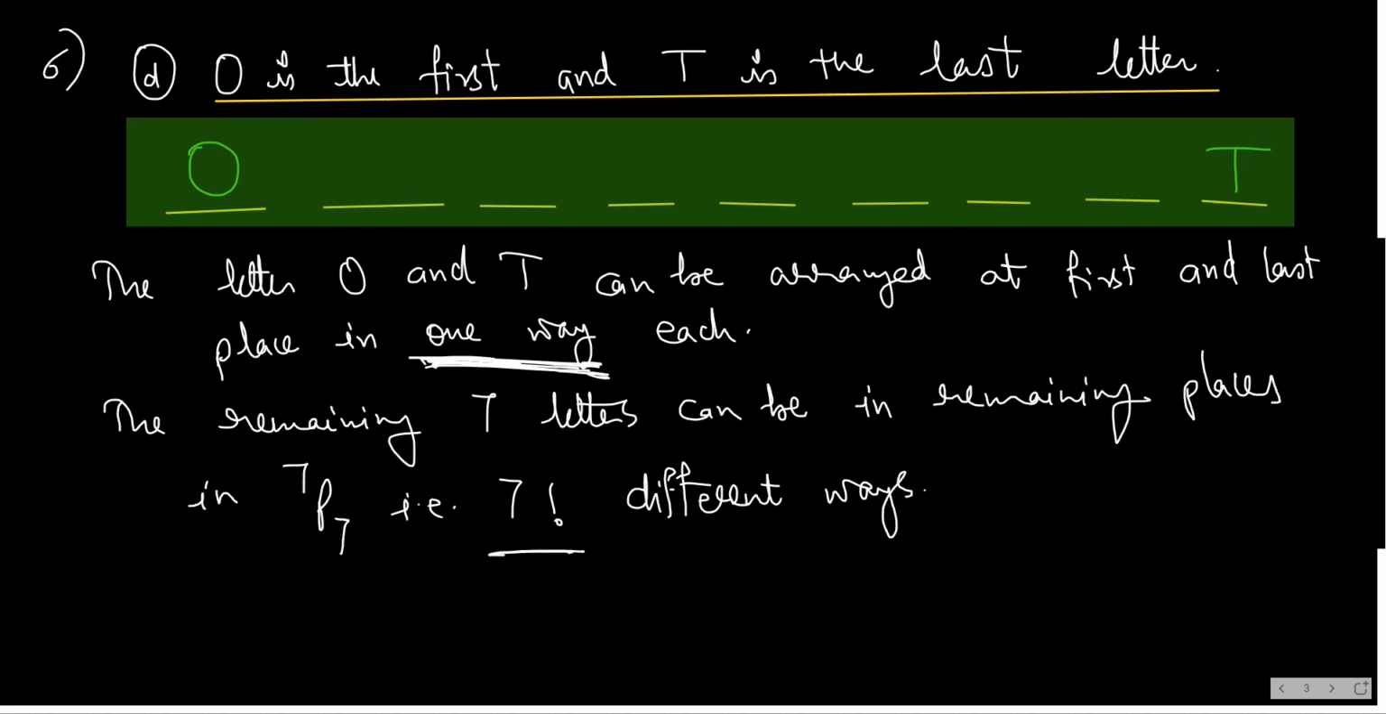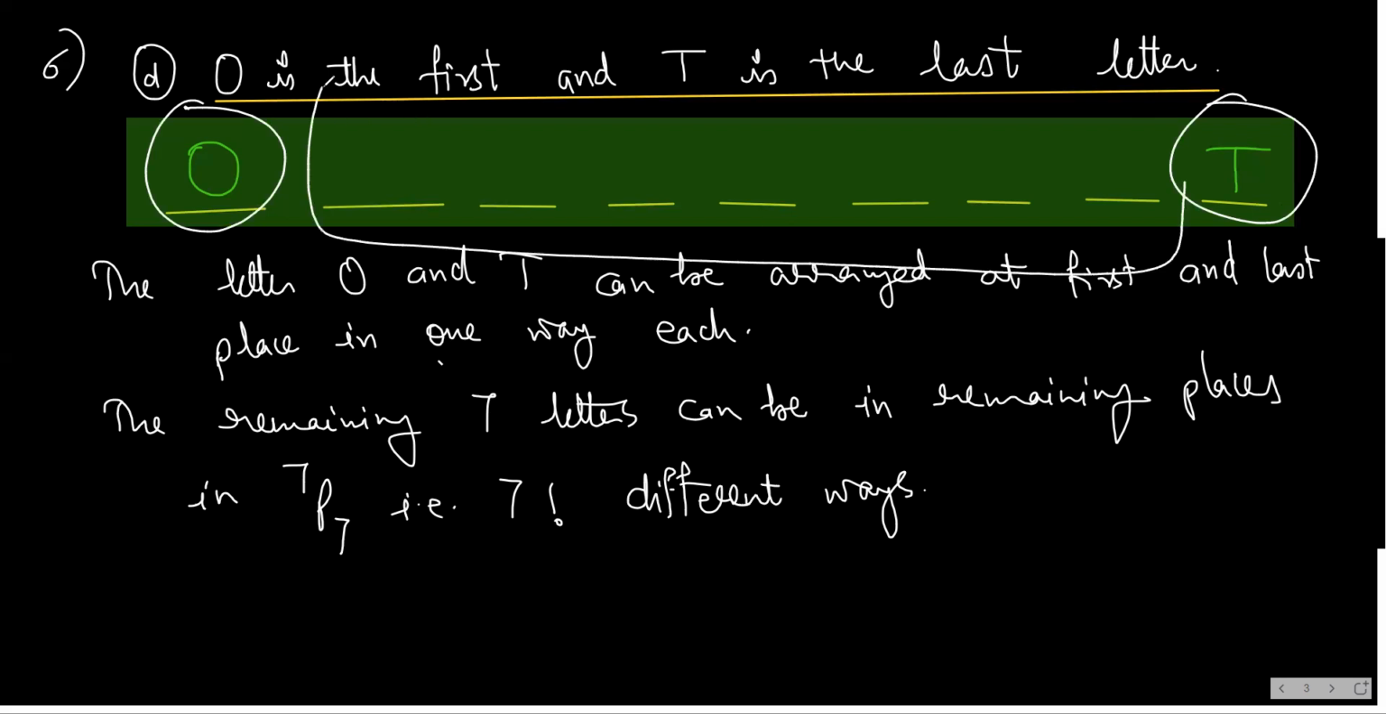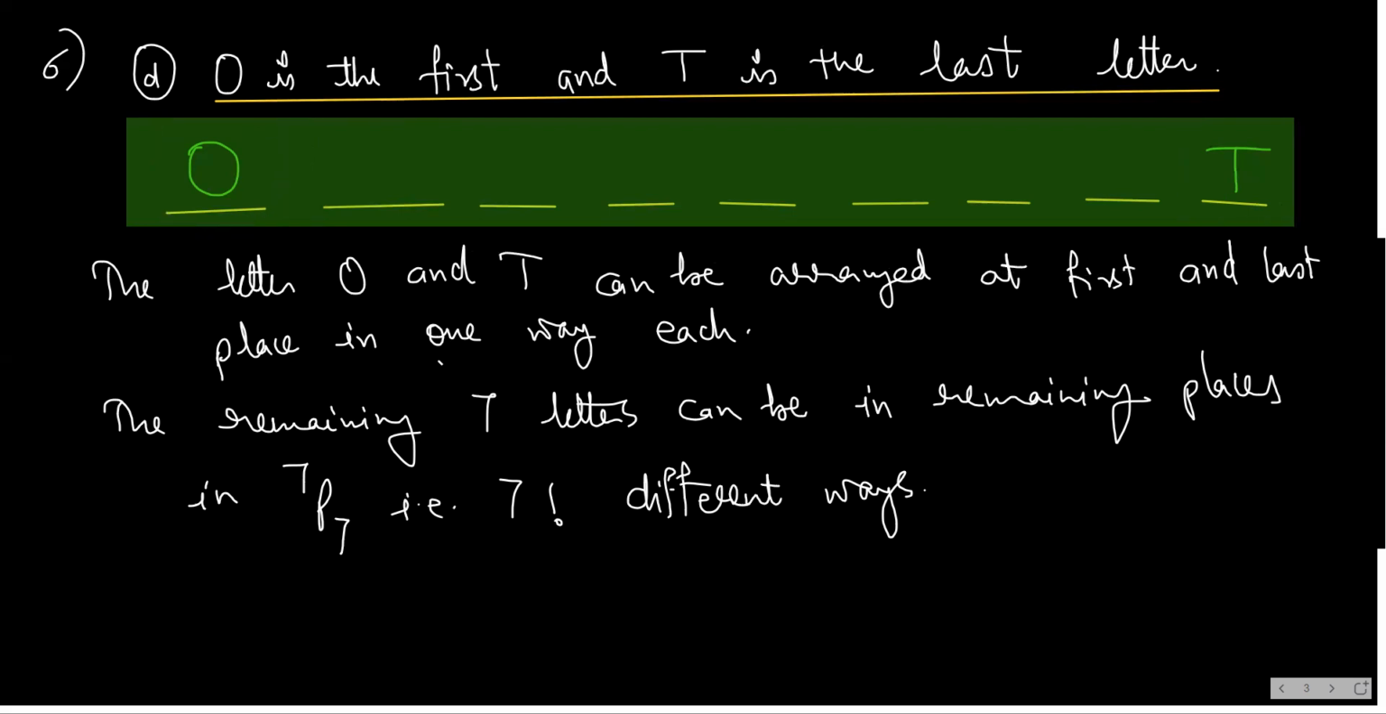Very simple, because it is the word "and" coming in between. You have to arrange O, and you have to arrange T, and you have to arrange the 7 letters at 7 positions. So because of "and", you can always say by fundamental principle of counting,